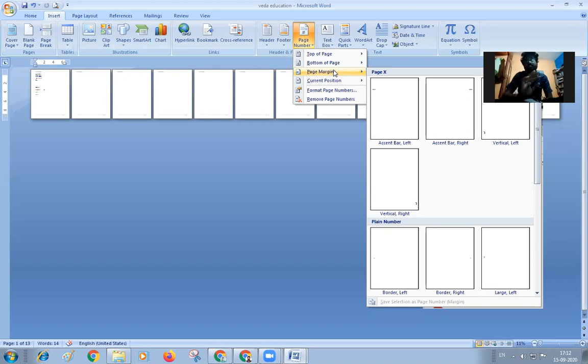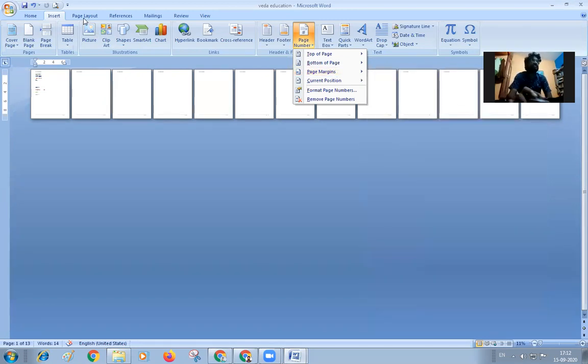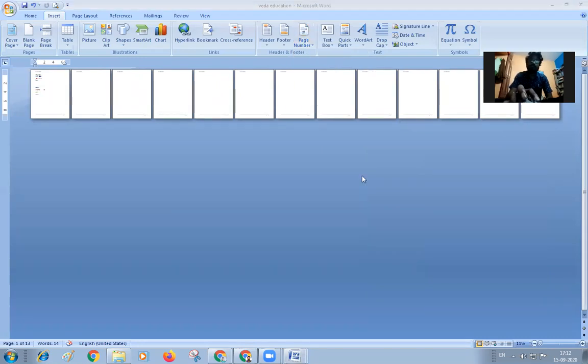I will be explaining the page setup box. Page layout is an option there. And format page numbers is where you can select the format, whether to go for Roman numbers, normal numerals, ABC capital letters, ABC small letters, and whatever else is there. You can go for all those things. These are the things we can collectively get for the page number and insert header and footer option. And we also have a word called text.